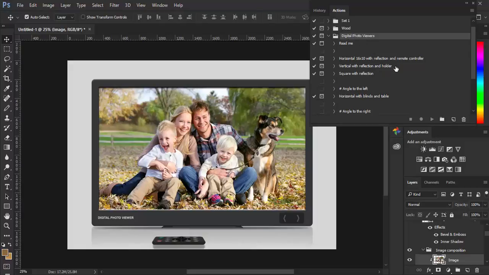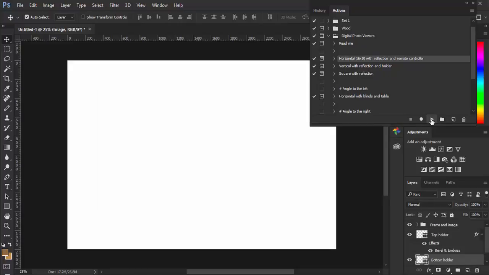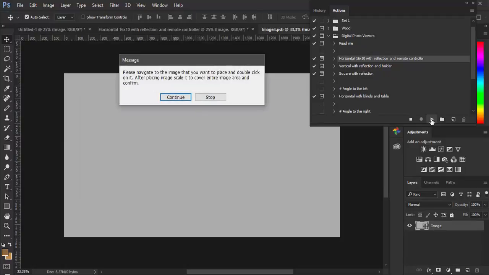To play action, you will need to select name of that action and then click on play selection button, and Photoshop will start rendering photo viewer. It will take a couple of seconds or more because there are a lot of components included in this